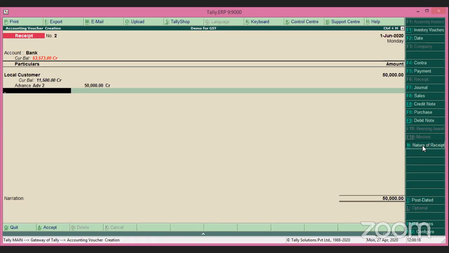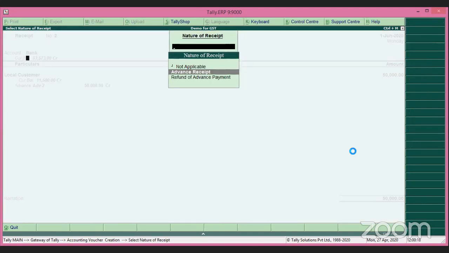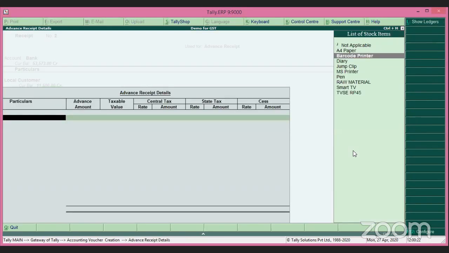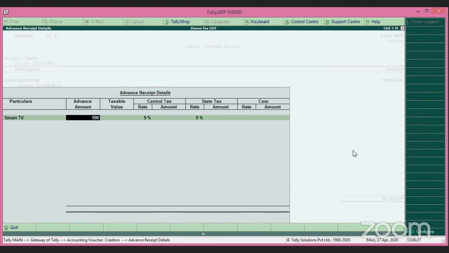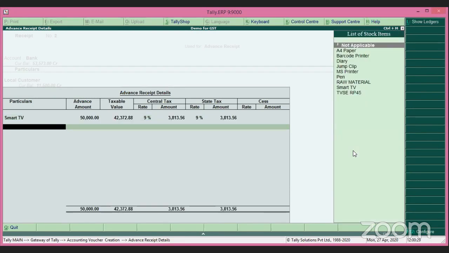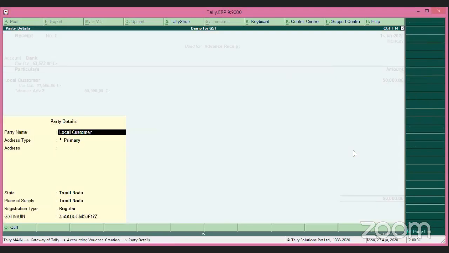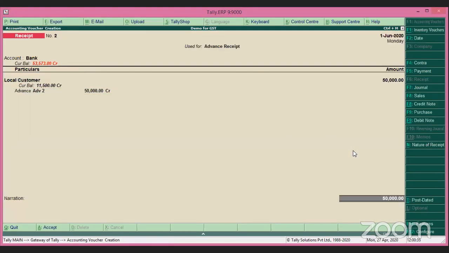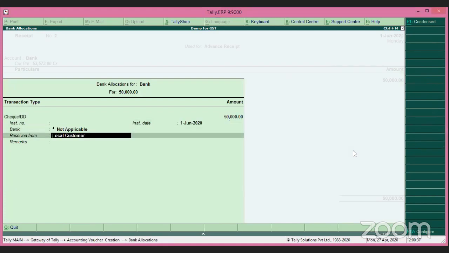So click on the nature of receipt here. I'm sorry, advance receipt. Okay, I'm choosing the product smart TV, same 50,000 rupees advance. Okay, so I saved this now. Okay,